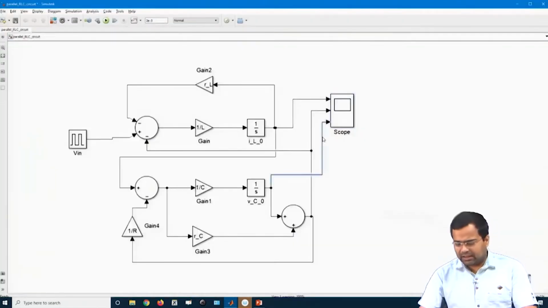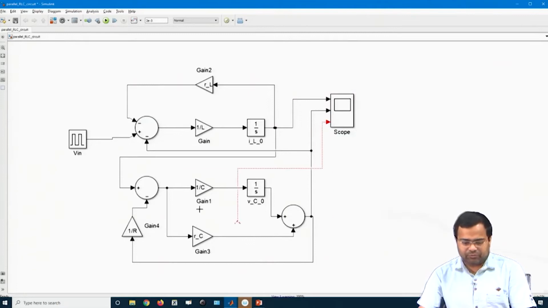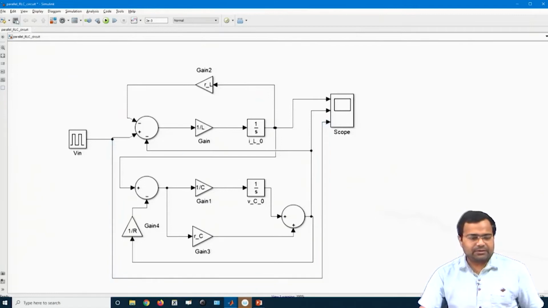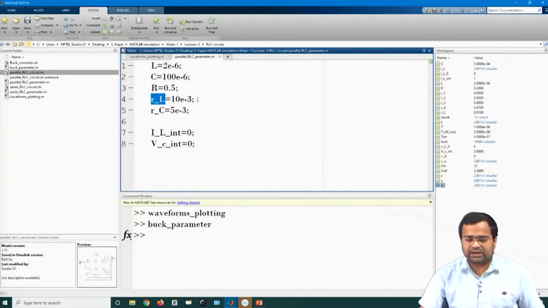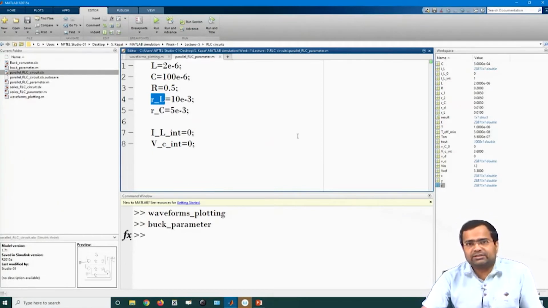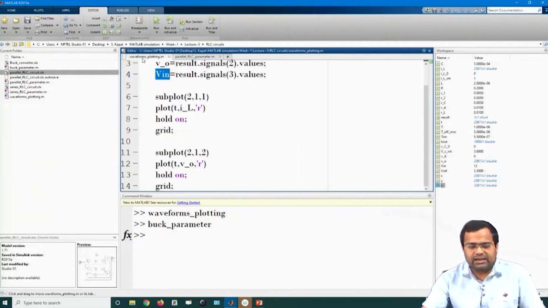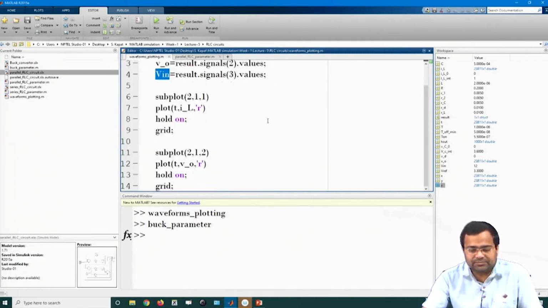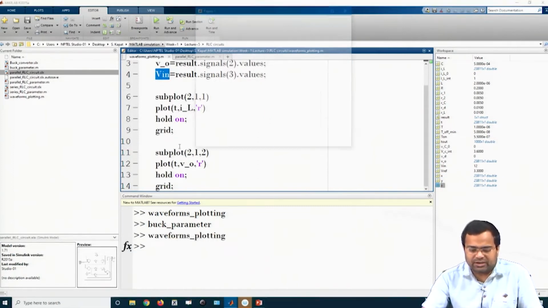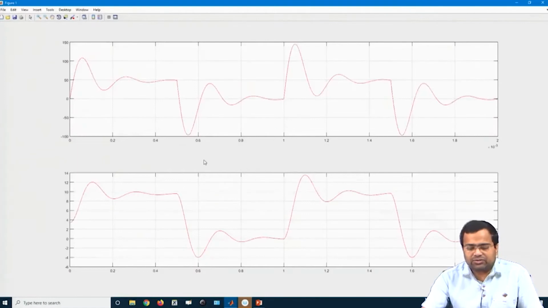But I want to see the input voltage profile. How does it respond to the input voltage? So, I will connect the input voltage, and like the previous case study, once we simulate, it is not necessary that we need to see the result directly from the simulating scope. We want to see the result using the MATLAB figure file. So, again we can use the same Vin, V0, IL we have connected consistently, and we can use this plot command and plot it. So, this is what it is shown, and again we can set all the axes,